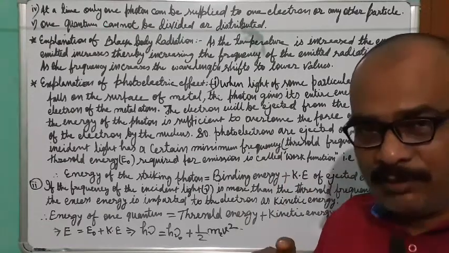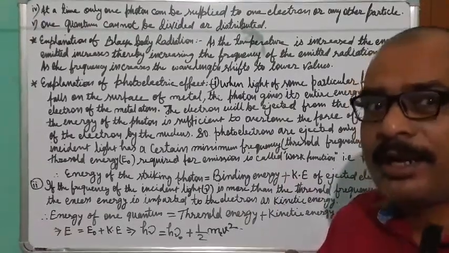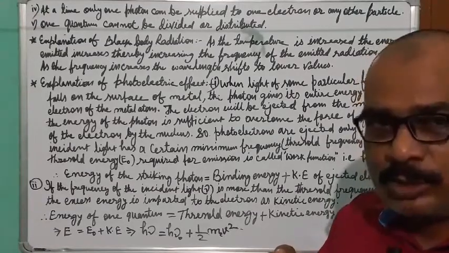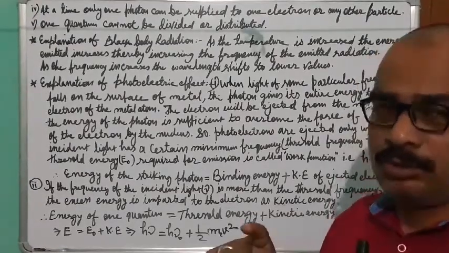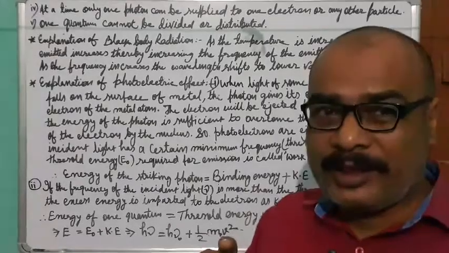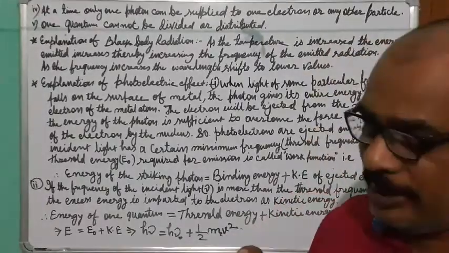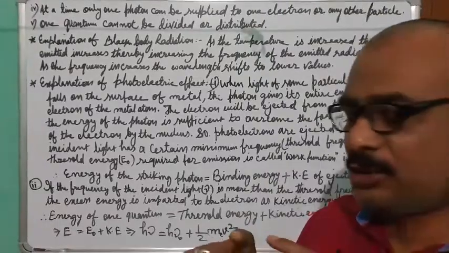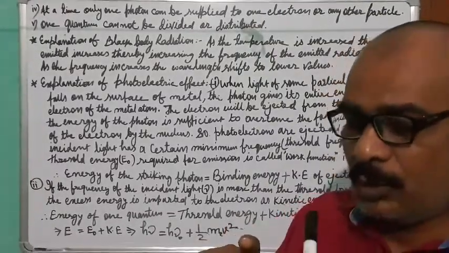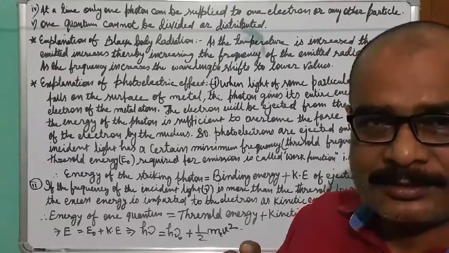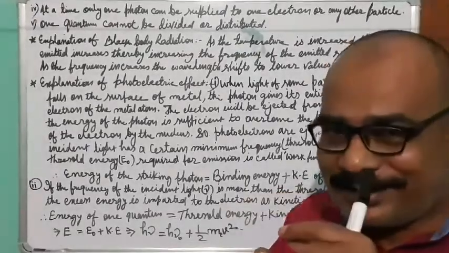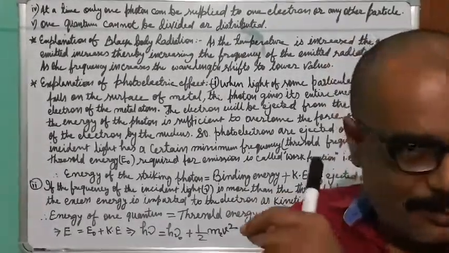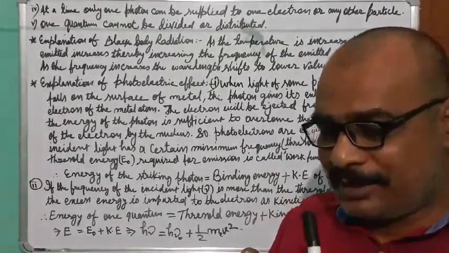Okay, so that is why we need more energy than the threshold energy. One photon should have more energy than this threshold energy, so that the part of the energy which is the binding energy, the threshold energy, will be utilized to overcome this force of attraction. Then the electron will come to the surface, and the rest of the energy which remains with the photon now